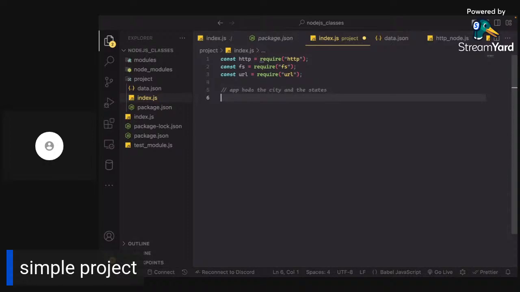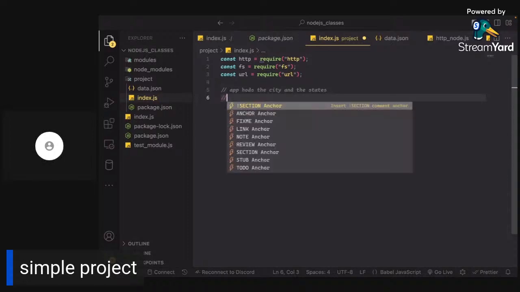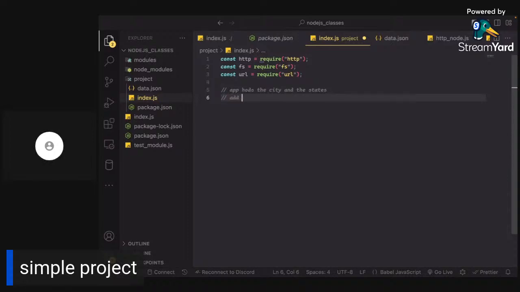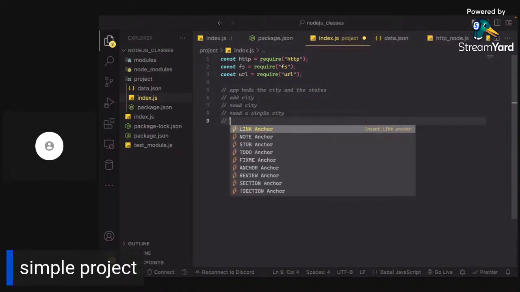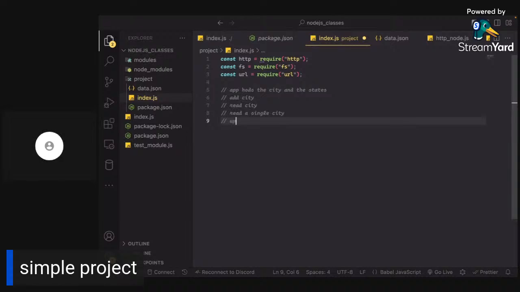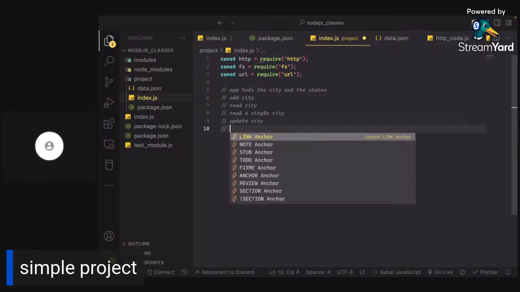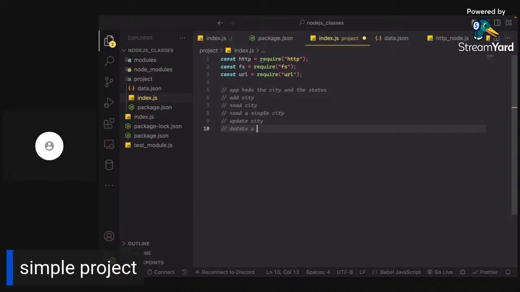So the first functions: we are going to add city, read city, read a single city, update city,